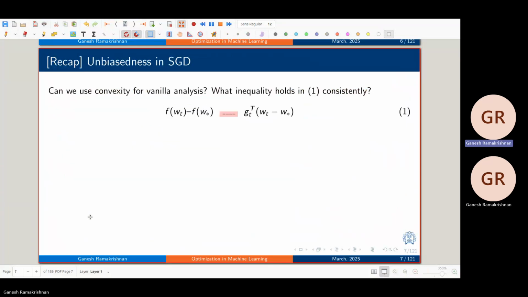So we said, well, towards understanding the effectiveness, what if we look at this inequality, assuming convexity? As I said, convexity is always our medium or tool. So typically when we looked at convexity, we would have f of W_t minus f of W star, right? We would have this to be less than or equal to the gradient of f at W_t